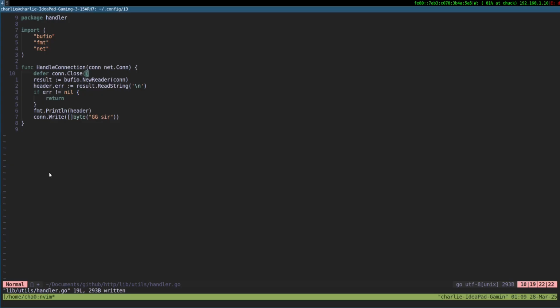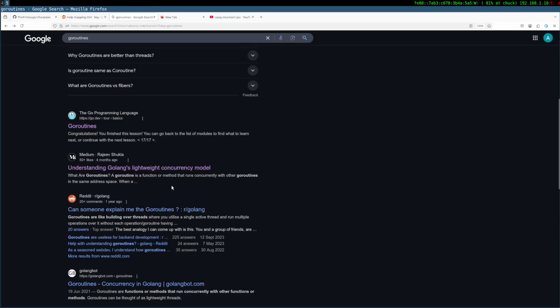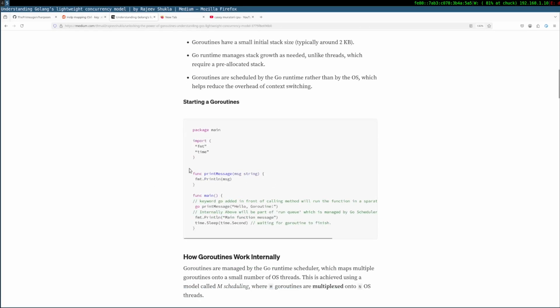Let's fit it into our use case now. Let's try to fit Go routines. Just by writing go, it's turned into an asynchronous operation which does all this under the hood.